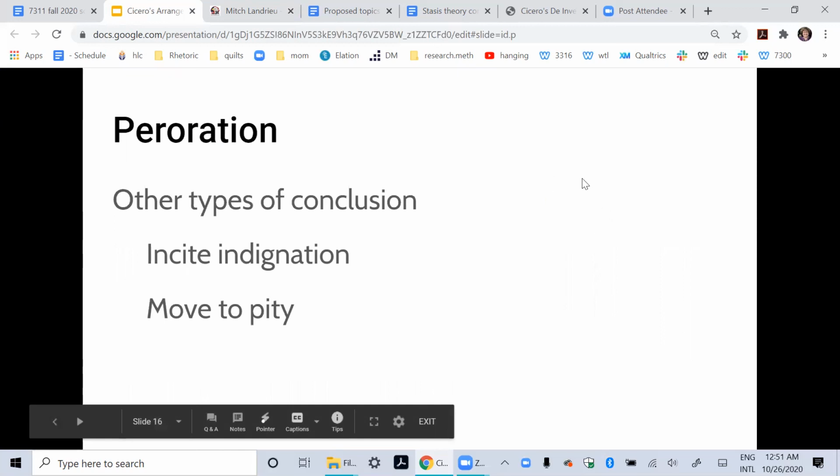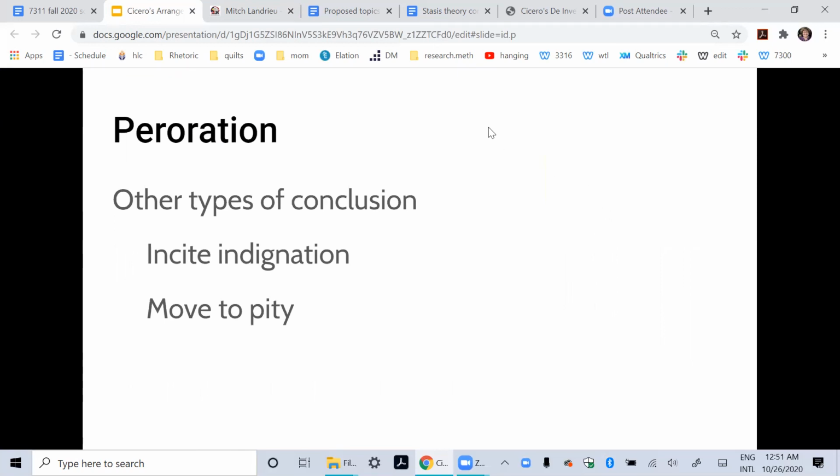So I hope this will give you an example of how you can apply the six steps or actions in a classical speech, which we'll be doing in the discussion, and which you should have been doing all along in the blog. So hope this has been helpful to you.